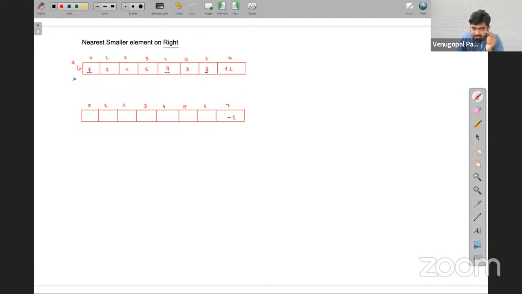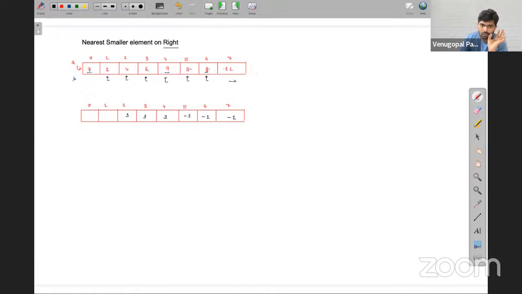Okay, now let's start filling from this element onwards. Now for 8, what is the output it should come? See, on the right hand side, if you found any smaller element, you keep, but there is nothing. So -1. What about this element 3? See on the right side, smaller element I need, nothing, -1. For the element 9, 3 is smaller, 8 is small, but who is closer? 3 is closer, therefore 3. Next, for 6, only one element is smaller, so straight away you take that element. What about 4? Only 3, so directly you can take 3.